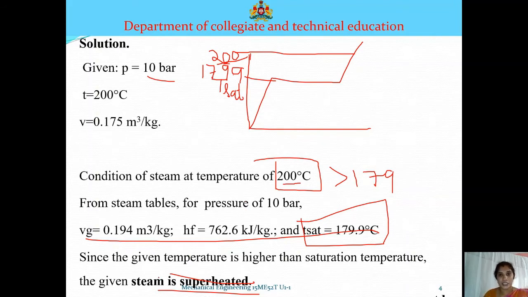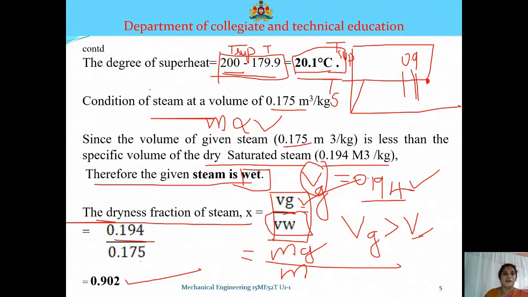So for that particular condition, they wanted us to find out what will be the state of steam, whether it would be dry, wet or superheated. By comparing the saturation temperature with the superheated temperature, we concluded that the condition of the steam was a superheated condition. In the next point, we concluded that 20.1 degrees of extra heat was added to the saturation temperature to convert the dry steam into a superheated steam. So that we find out by using the formula for the degree of superheat.